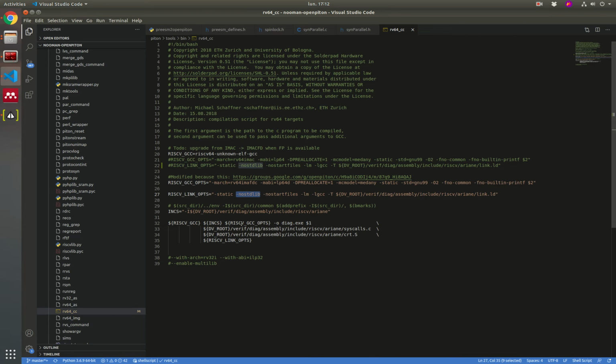So this prevents the compilation process from using, for instance, libc. And this libc, for instance, has the implementation of memory allocation. But you have to be careful to remove this no stdlib, because if you remove this, you have to make sure that your library is implementing the function appropriately. So for this reason,